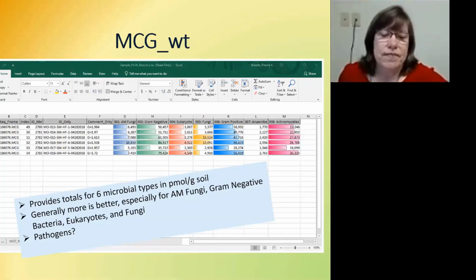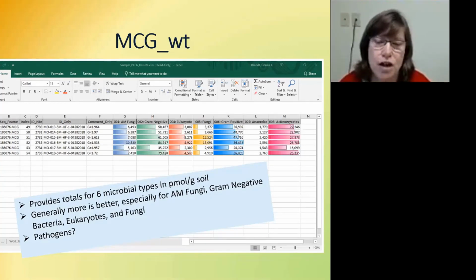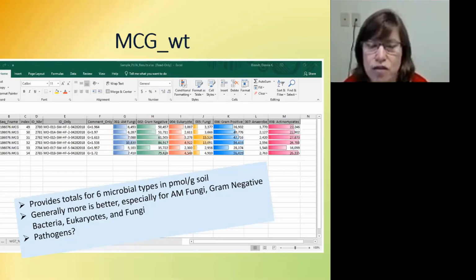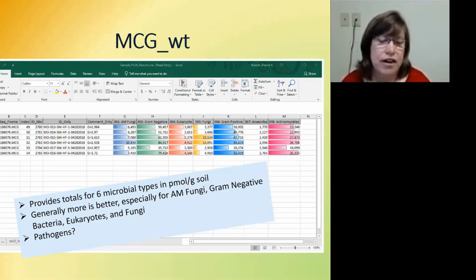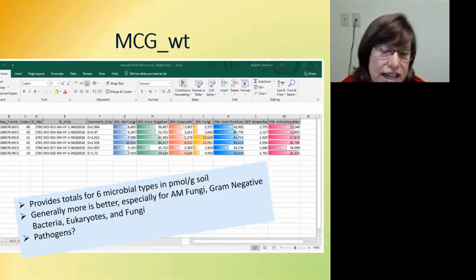So just as a measure of your soil health, generally think of the more arbuscular mycorrhizal fungi, the healthier the soil will be, and the more gram-negative bacteria, because they're in the rooting zone, so you have more roots, you have more aggregates being formed. Eukaryotes are the predators that are eating the bacteria, and sometimes the fungi, and since they have lower carbon to nitrogen ratios, the more you have of them, as they eat the bacteria, nitrogen is released,